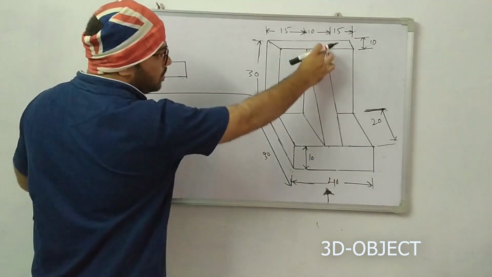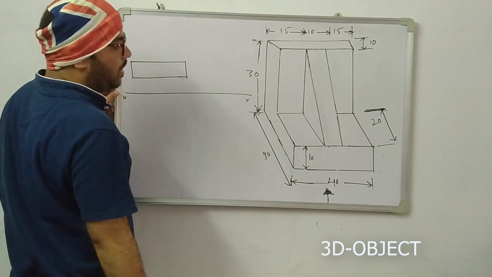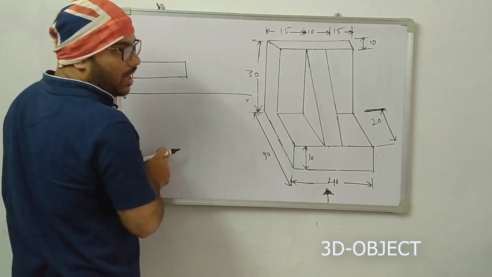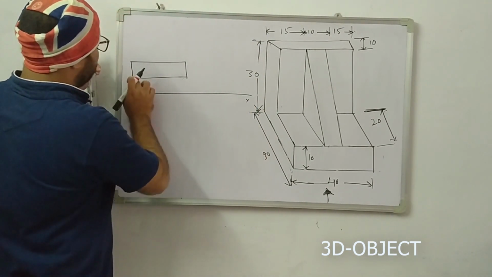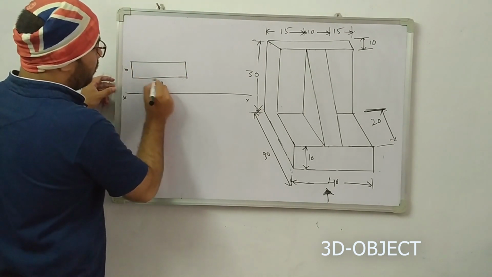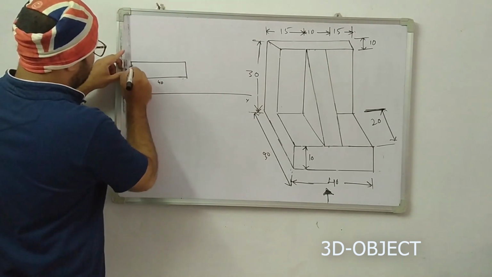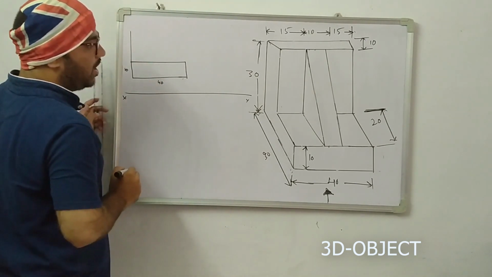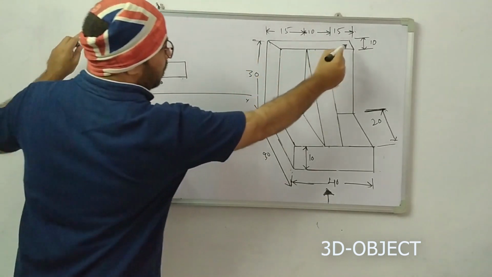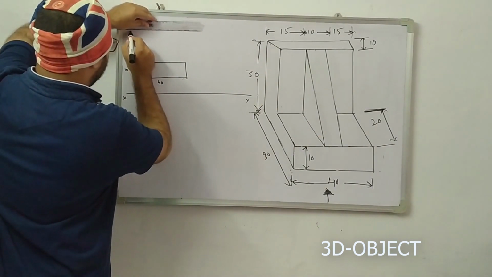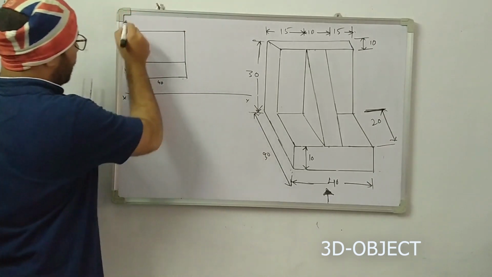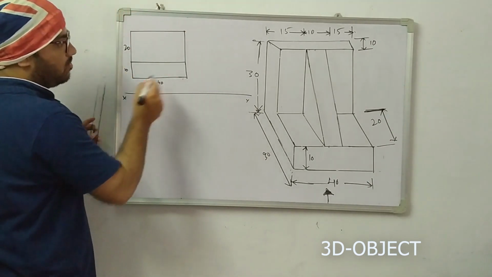Next we are going to draw the slant height. The total height is 30. This is mentioned as 10, and this is my 40. Now from here onwards we draw one more line. This line is 20 height, and the total height is 30. From there you draw the box. So now this is 20, this is 10, and this is 40.